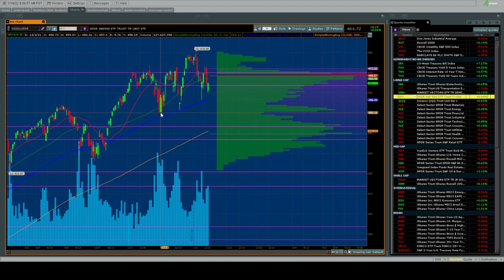Now you'll notice the price has been tapping its 100-day moving average. It's below the 50-day, which hasn't been an issue. It's come below the 15-day, which has not been a problem. It's hitting the 100-day and fighting back. So what is it telling you? Well, you look at where the volume profile is, and you can see tag the 100-day, tag the 100-day, tag the 100-day just above that.